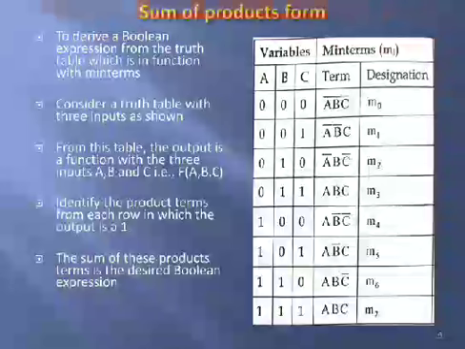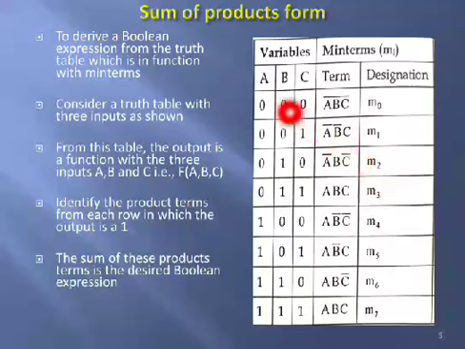Okay. So if you consider a simple sum of products form for three variables, I am considering the three variables as a b c, and for three variables you'll be having 8 different combinations. They are 0 0 0, 0 0 1, 0 1 0, 0 1 1, 1 0 0, 1 0 1, 1 1 0 and 1 1 1. So these are the three variable sum of products form.